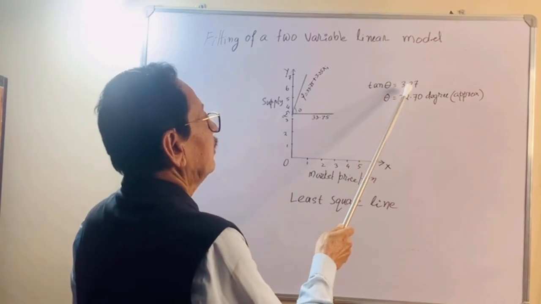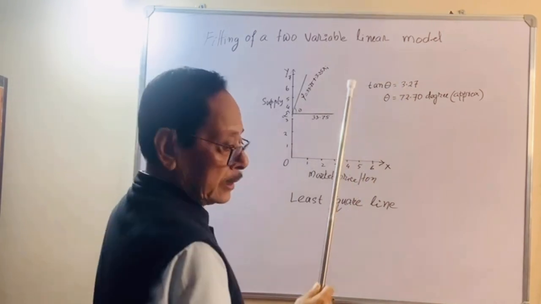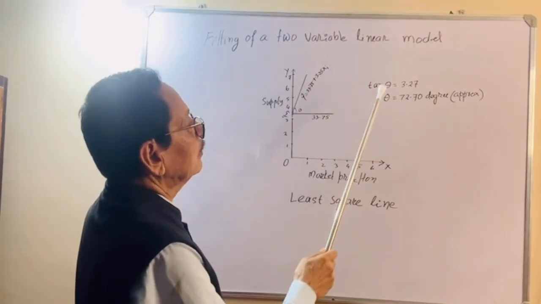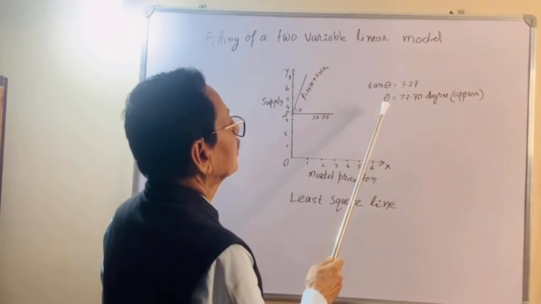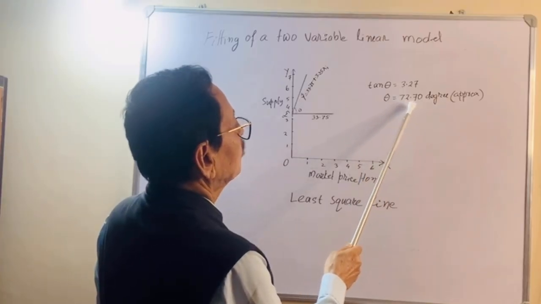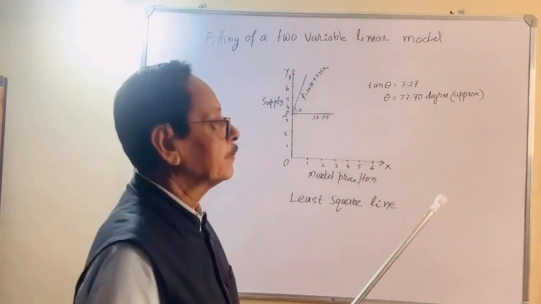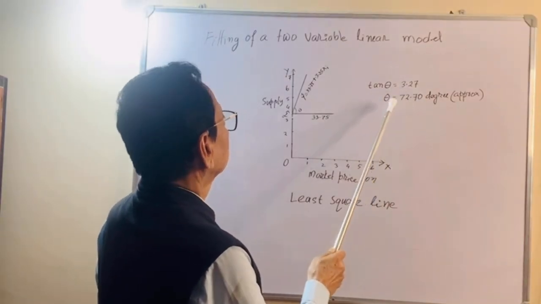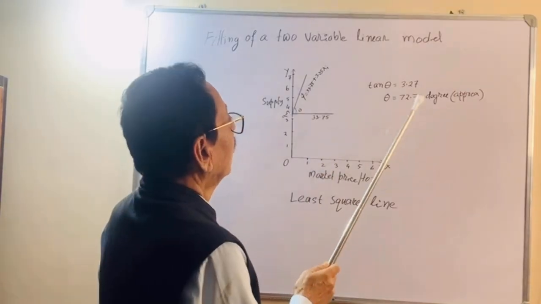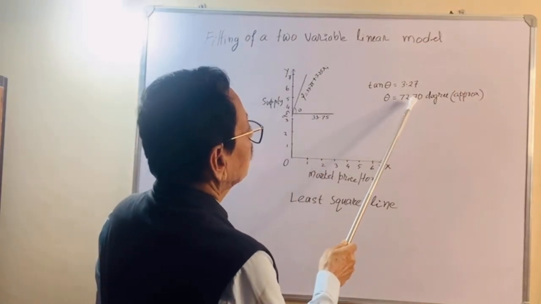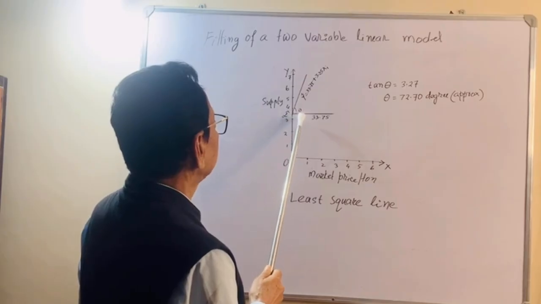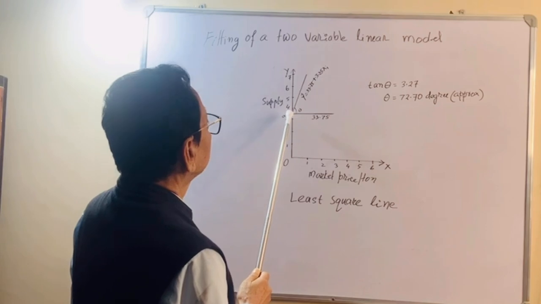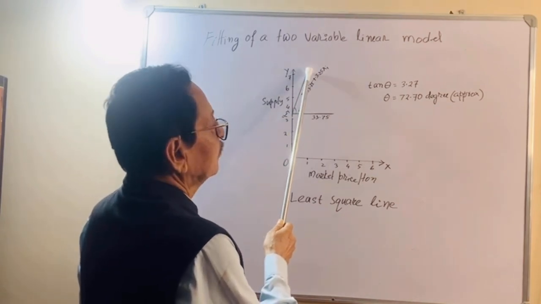When theta value is this much, we can see from the tan table that the angle is approximately 72.70 degrees. Not 100% accurate, approximately this much, just for demonstration. So we have to draw a 72-degree angle here and extend it. Then this line is the estimated line,